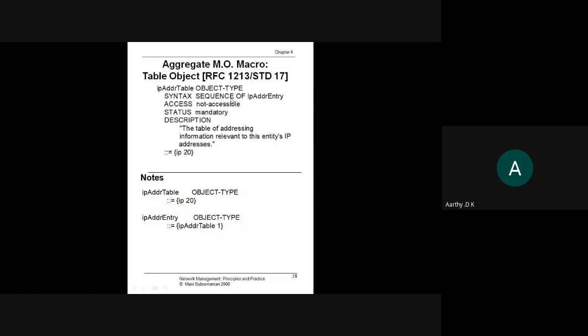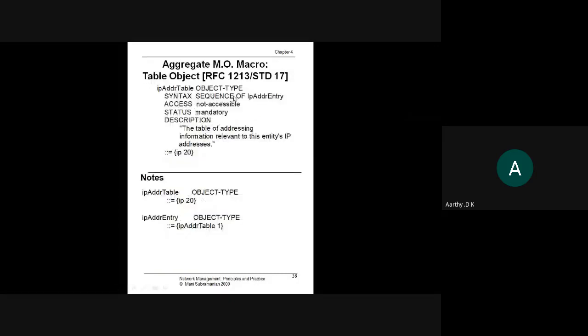Here we are specifying sequence of as the syntax, and here we are specifying the syntax to be the sequence as it is. So what this sequence contains, you are supposed to give it here. If you just specify sequence of, it will follow whatever sequence you have given here. So IP address entry is following your sequence data type. If you just specify the object alone, then you will have to specify what that contains. So this IP address entry will follow a sequence. These are the different values that you have.